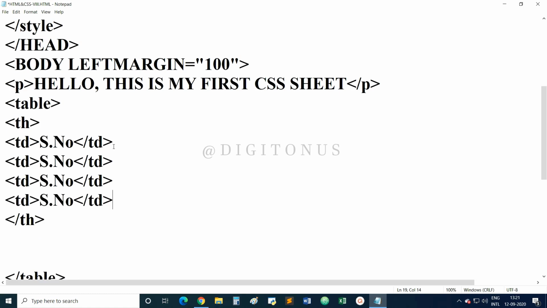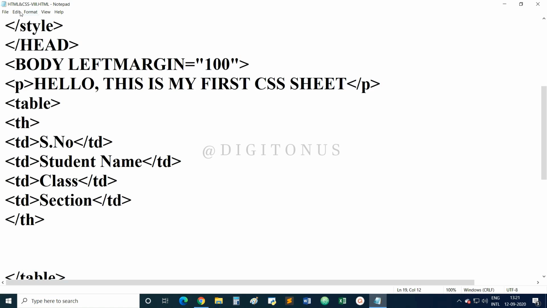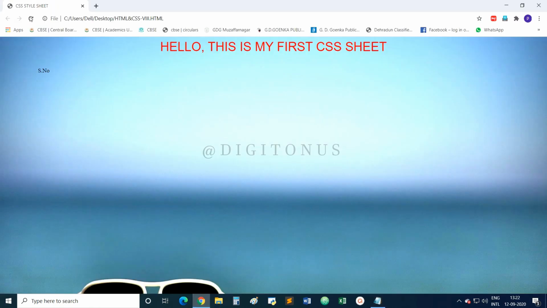So suppose I want to have 4 columns: serial number, then student name, class, and here I am writing section. So let's save it, then go to the browser and refresh. Now you can see that student name, class and section have also come.